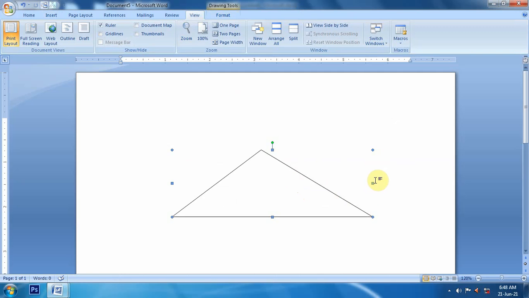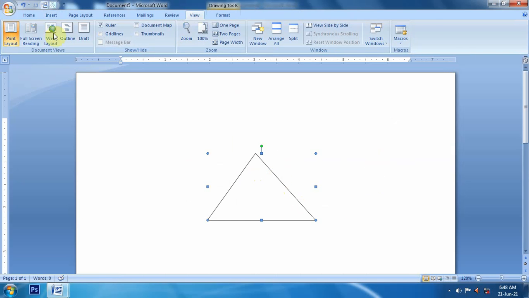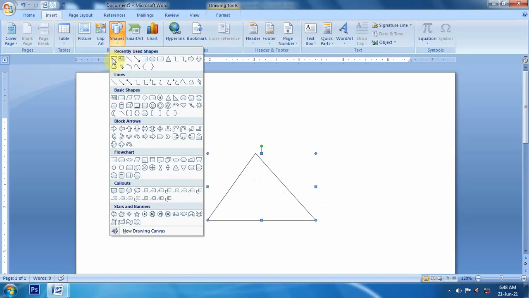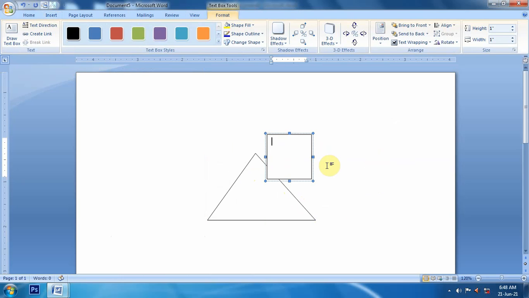Now if we want to make a label on this shape, that is also possible. For this we will go to Insert, and from here we will take a text box, and here I will write label A. We can change its property also by doing right click.